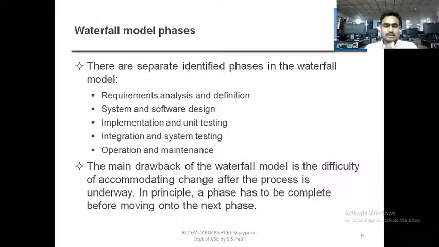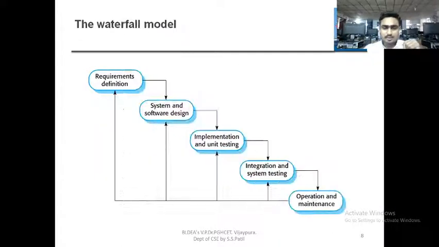To explain this, just imagine that a big project is there, and you are almost at integration and system testing. There you feel that the integration of the modules we have created is not going to meet our expectations. At that time we have to start again from the beginning itself. This is difficult when the software process is complex and huge. At that time the waterfall model is going to fail.